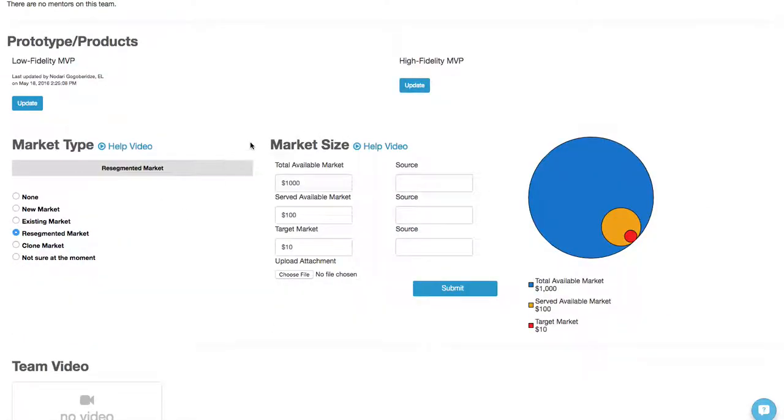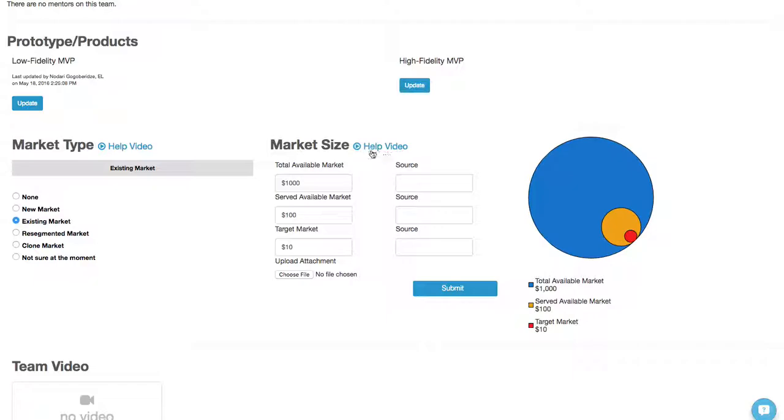These two sections are information on your market. So under market type, you'll see a list of different market types. If you're unfamiliar with these terms, you'll encounter them in your reading and the lecture videos and the lectures by the teaching team. Alternatively, you can click on this little help video and a video will pop up that gives you an explanation on what the different market types are so you can identify the market type for your business and your product. So click on the one that best pertains to you and move on to market size, where